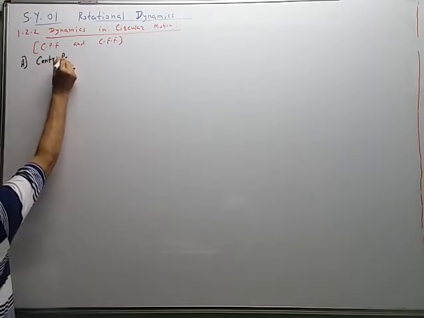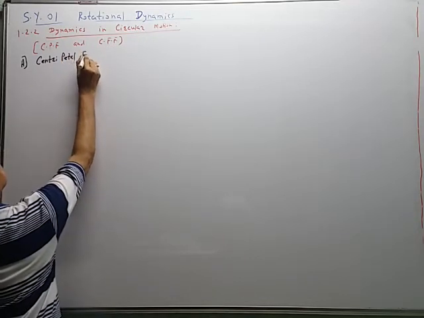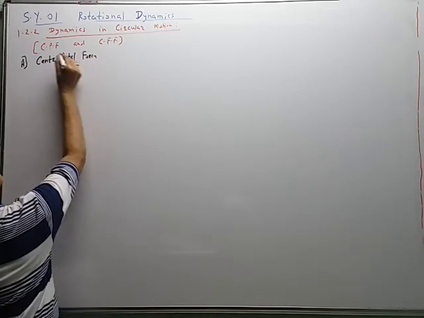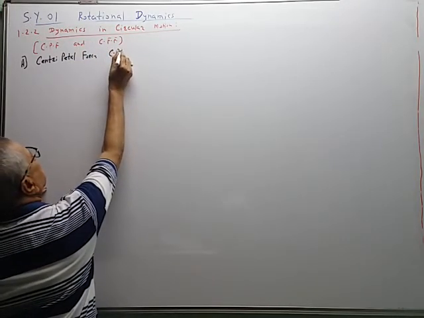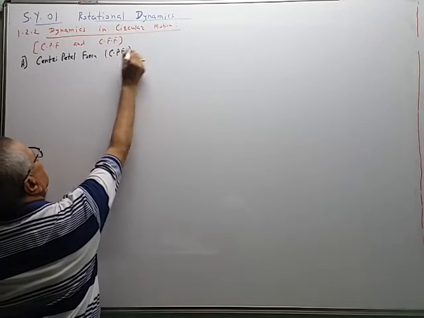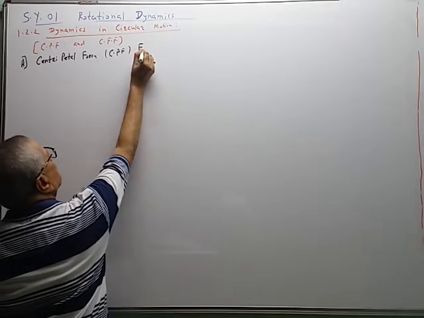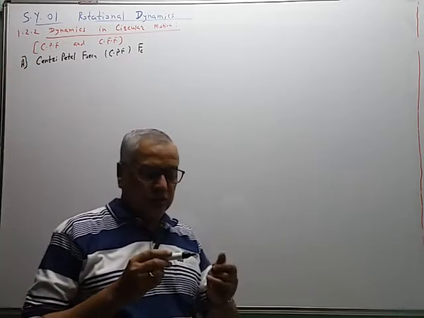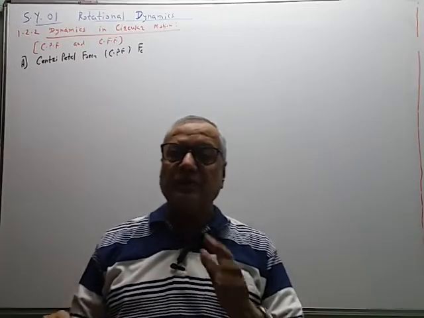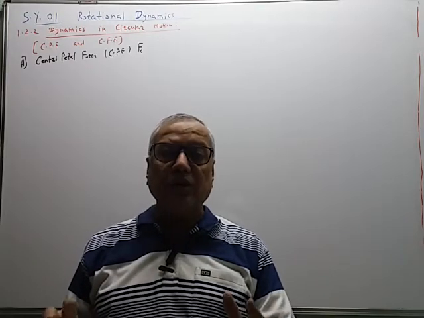Centripetal force. This P can be small, short form is CPF. It is denoted by F for force and C for centripetal force, FC. Now, to explain this force, the name itself suggests that it is a force acting along the radius and toward the center. We know the meaning of centripetal.